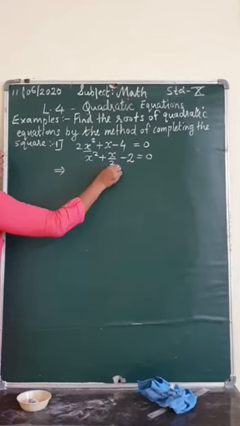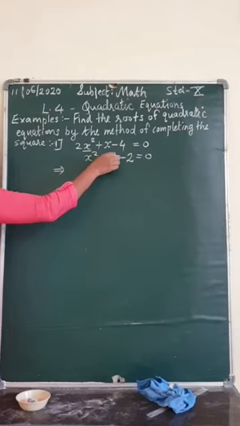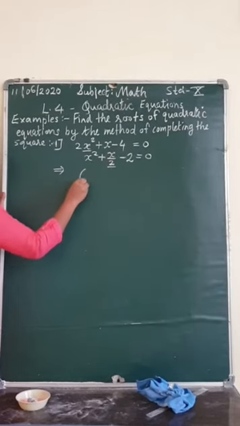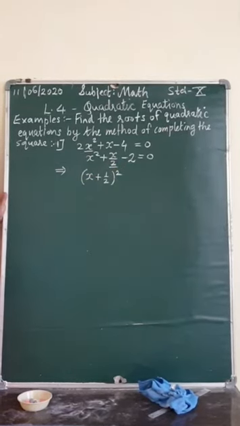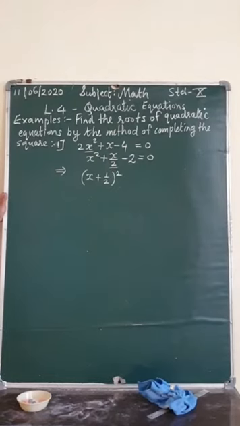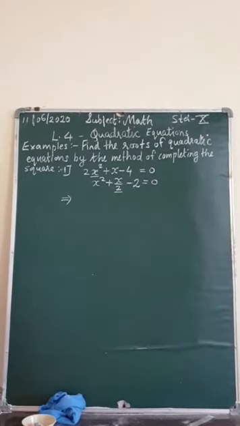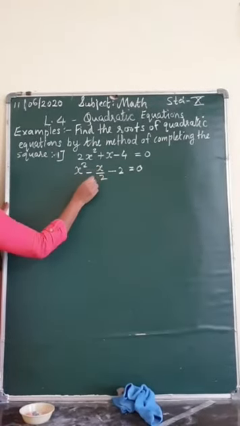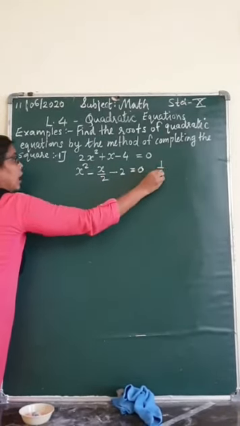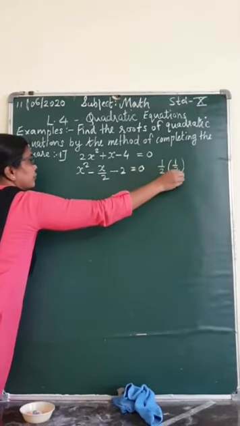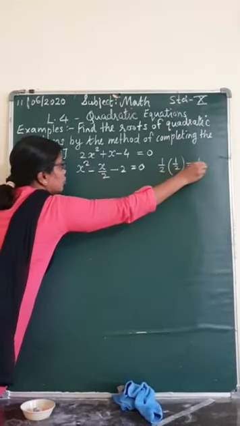Now what we get here? The coefficient of x is 1 upon 2, and that is our complete square. But as we have added this, now in the middle term, that coefficient is half. So find out half of half. Instead of showing the pictograph, here I show you how to get it.